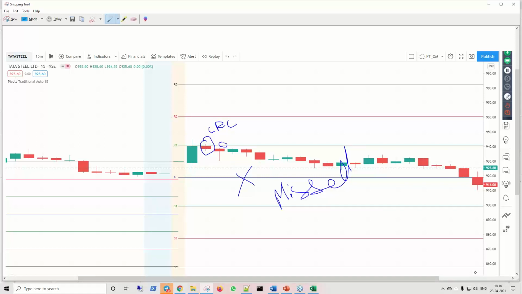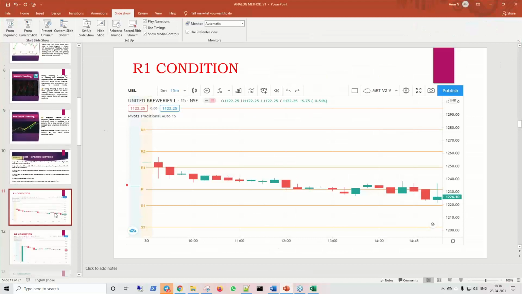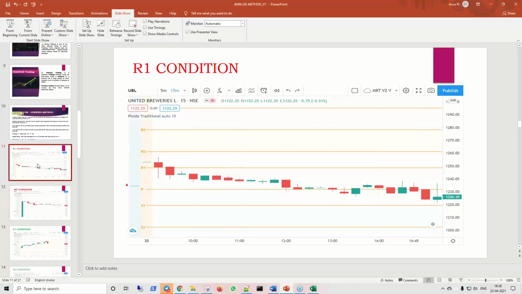The other method, what I was saying: let us assume these conditions are met. Here we have a red candle, and for some reason the stock is trading here, say 950. Now you can take this trade happily, because the SL is very small compared to 940. When you're waiting and entering closer to SL, the risk is going to be minimal. Now let me go through all the conditions and I'll come back to your queries.